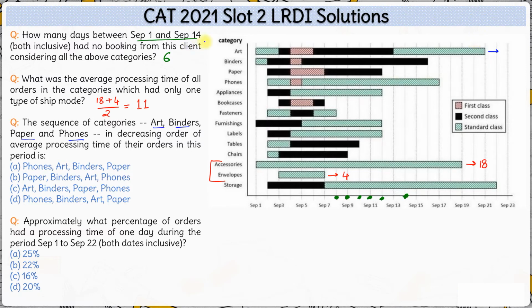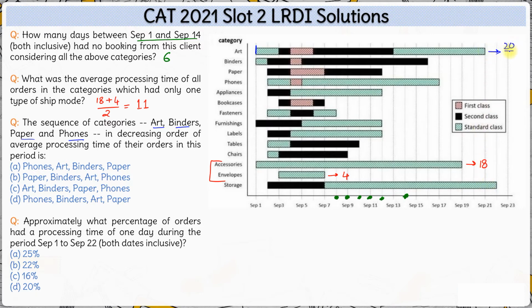For the total processing time, we can either calculate individually and then add them, which is a slightly lengthier way of doing it. The total processing time is simply from September 1 till September 21. There is no idle time in between, right? All days from September 1 till September 21, processing is being done. So the total processing time is 21 minus 1,